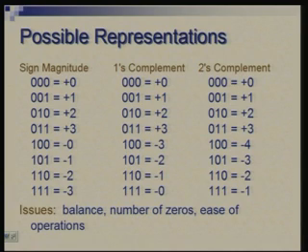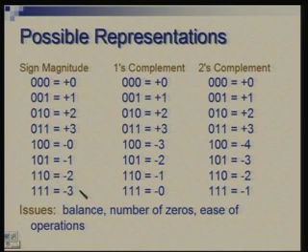Okay. So, starting with negative numbers, there are several representations, particularly 3 which have been used commonly. One is called sign magnitude, where if you have n bits, you keep 1 bit for the sign and the remaining n minus 1 to represent the magnitude of the number. So, the first bit typically would represent a sign, typically 0 corresponds to a positive sign and 1 corresponds to a negative sign. So, in a 3 bit situation, these 8 patterns would correspond to the integers shown here.